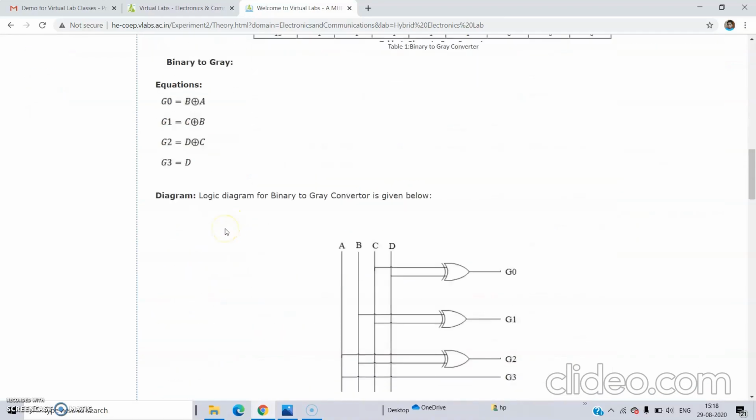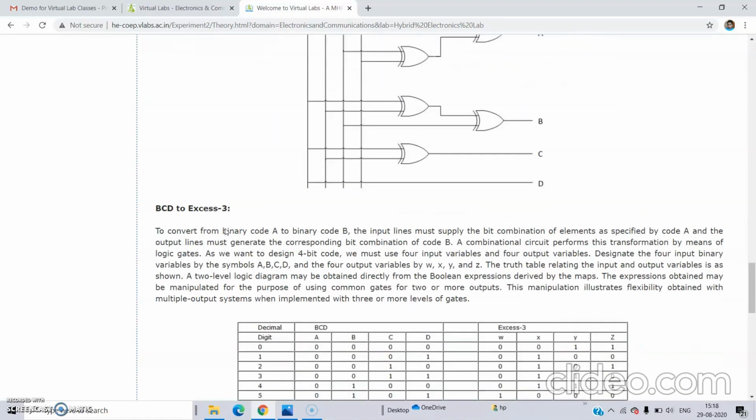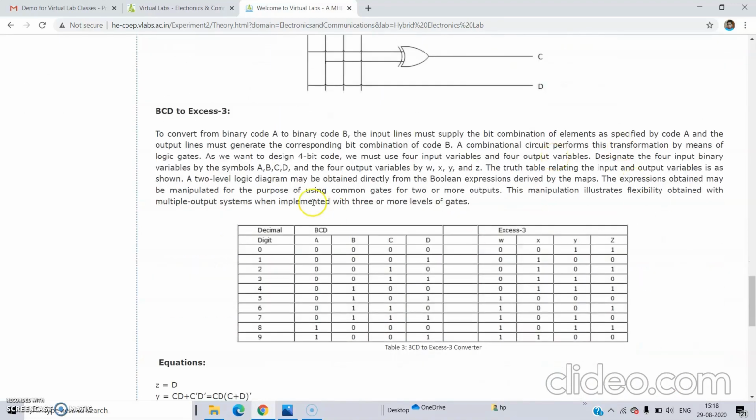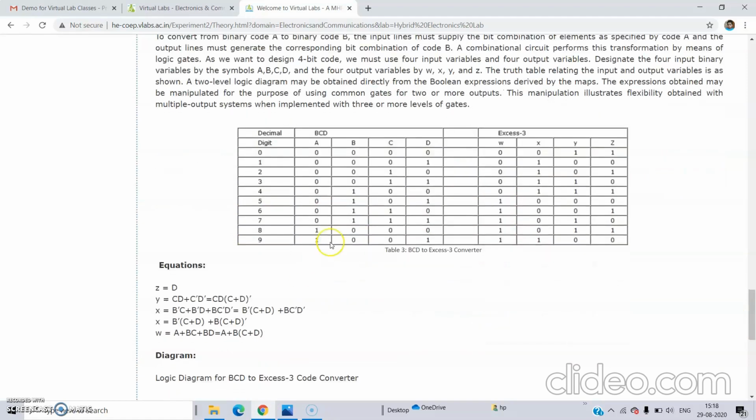So we can see this one. This is BCD to XS3 code conversion. We write the truth table of the decimal number, BCD number and the corresponding XS3 number. And from this truth table we can arrive at the equations.